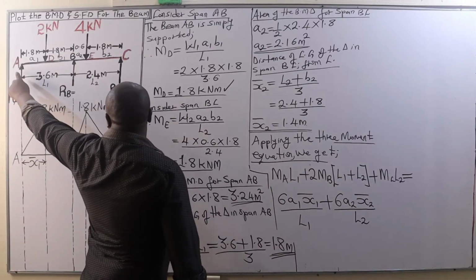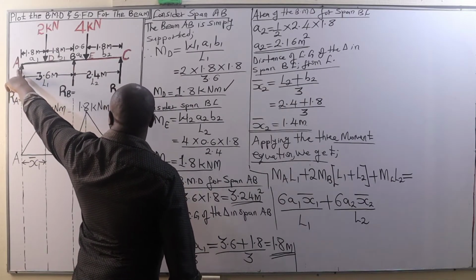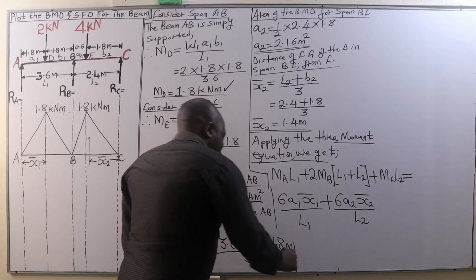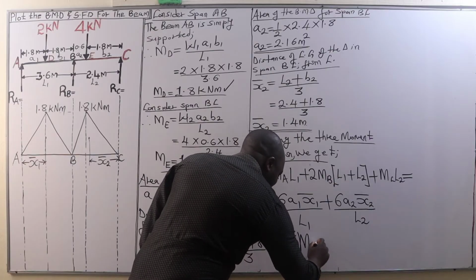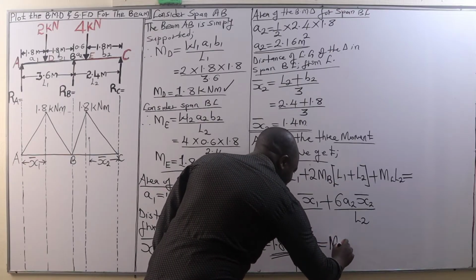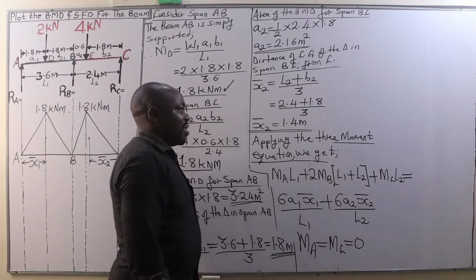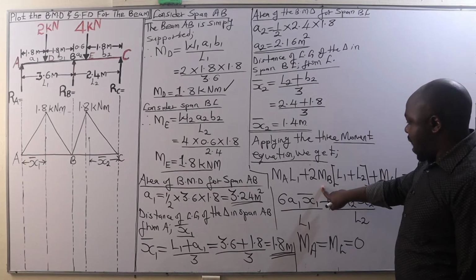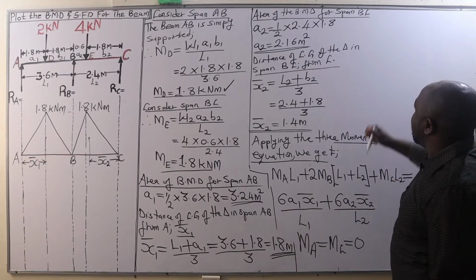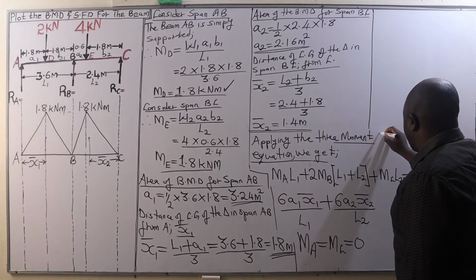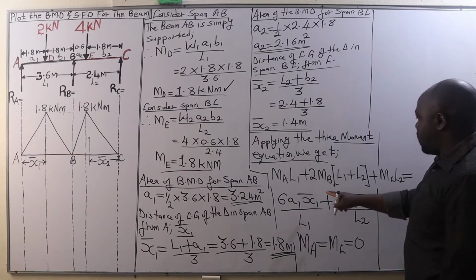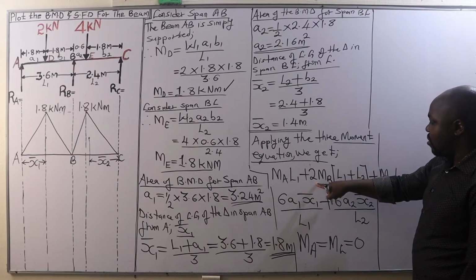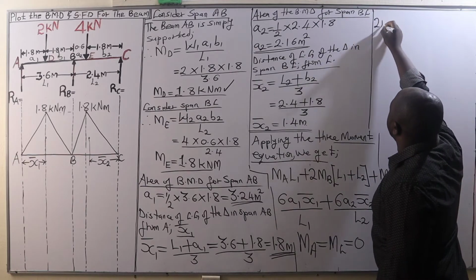Now, the bending moment at the end supports, that is support A and support C, is going to be 0. Therefore, MA is equal to MC, which is equal to 0. We are going to remain with the calculation of the bending moment at B. So we continue with the application of the 3-moment equation. The whole of this is going to be 0, so we remain with 2MB